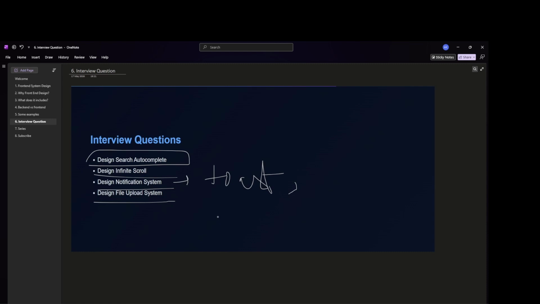These questions are not just about code. They check your overall architectural thinking, how you structure the components, how you manage the state, and all these things.